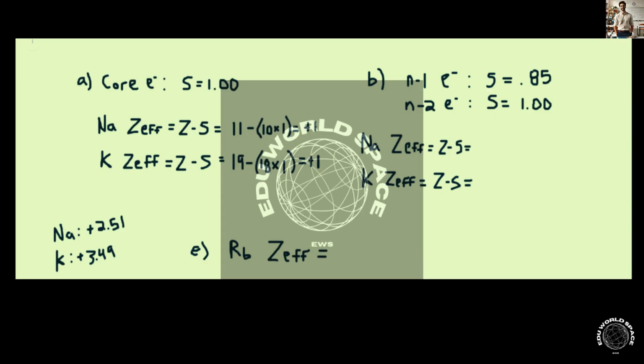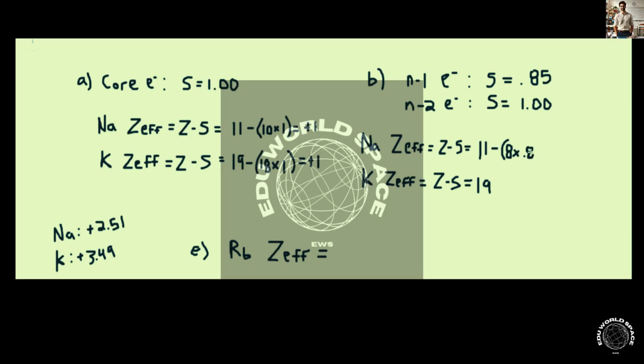In B, it tells us to use Slater rules to do the same approximation. The Slater rules say that electrons in the shell n-1 contribute 0.85, and electrons in the shell n-2 contribute 1. So again, these are both 11 and 19. The nuclear charge does not change, but we'll be subtracting their numbers now. So in sodium, there are 8 electrons in the n-1 shell. So this would be 8 times